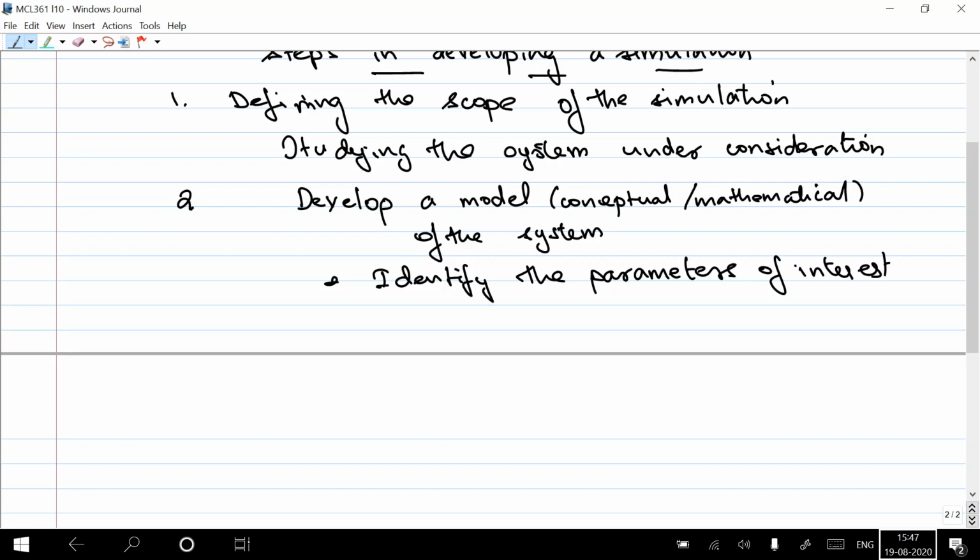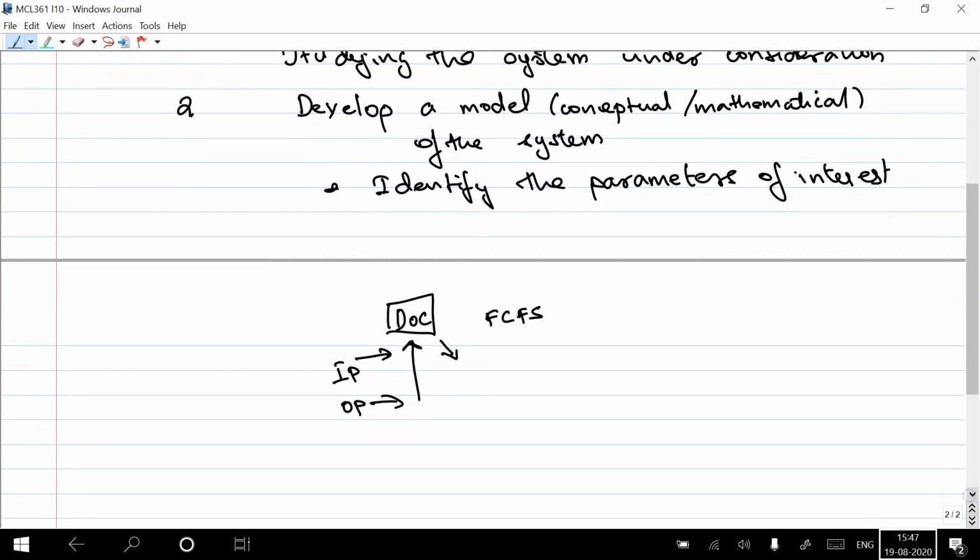There's a clinic and a single doctor, and there are two types of patients coming in. So you have inpatients and outpatients, right? Both of them join the same queue, and the queuing discipline is first come first served. Each of them has an arrival rate, and they arrive, join the queue, and see the doctor. The doctor has different service rates for inpatients and outpatients, and then they leave after receiving service. So it is fairly straightforward to develop a conceptual model here.